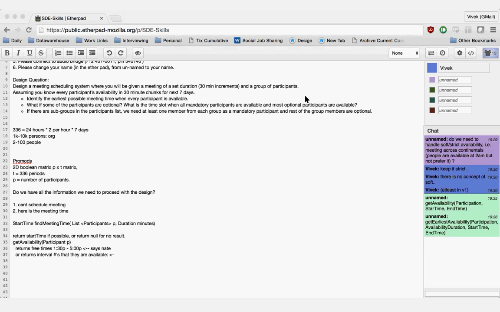So if you're looking for a meeting of 1.5 hours, you look in windows of 3 each. So you scan the first 3. If none of them add up to the total number of participants, you can just completely skip all of the 3. On the other hand, if the